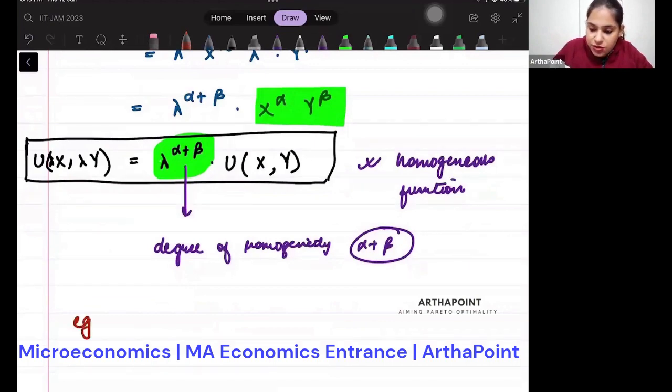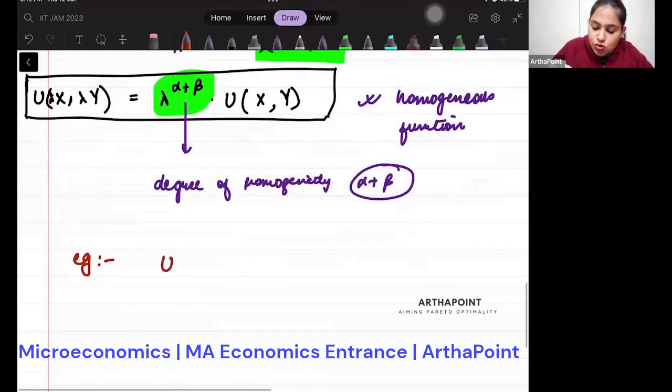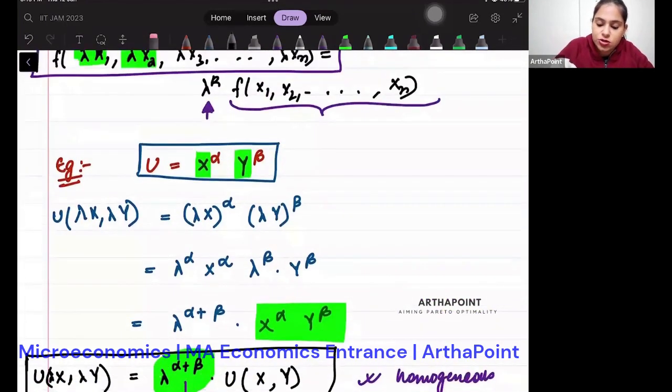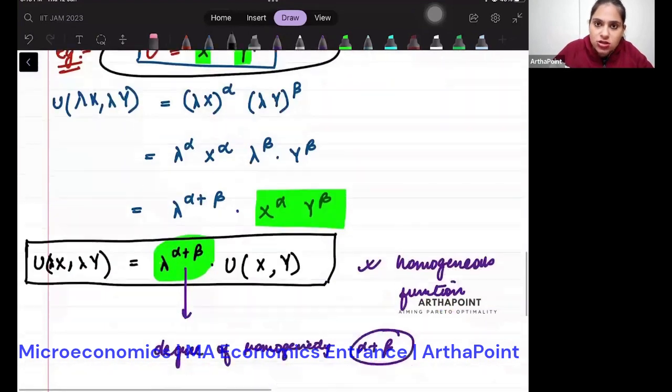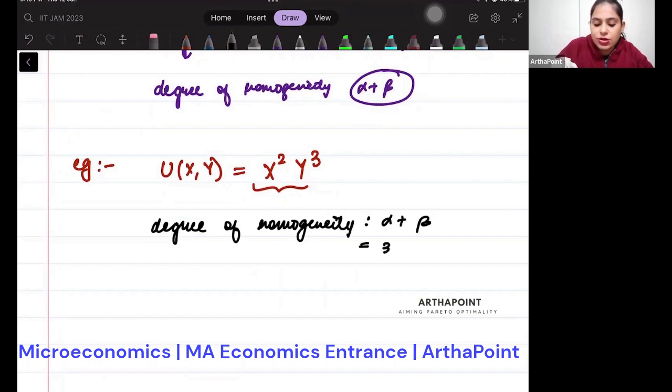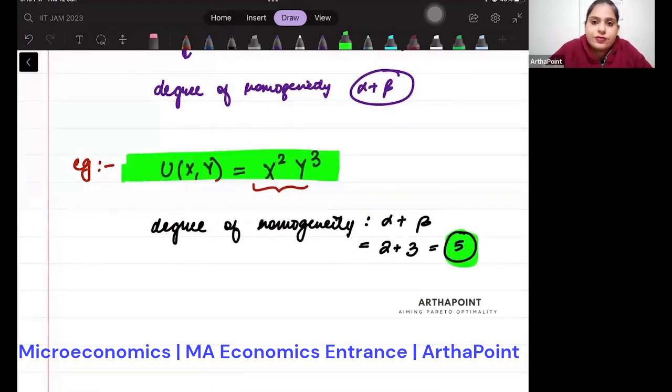if my utility function is u of x, y equal to x square y cube, then I know that this is very similar to this Cobb-Douglas function. And for this Cobb-Douglas function, the degree of homogeneity is alpha plus beta. So it will be 2 plus 3, which means it will be 5. So the degree of homogeneity of this utility function is going to be 5. Now,